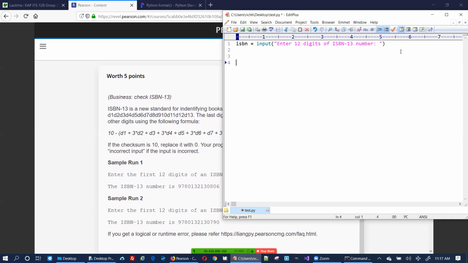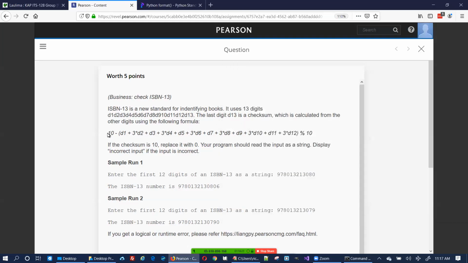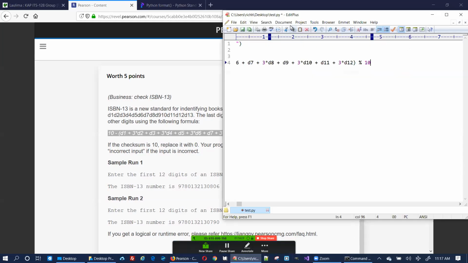And then I want checksum equals this. Okay, now, all right, now